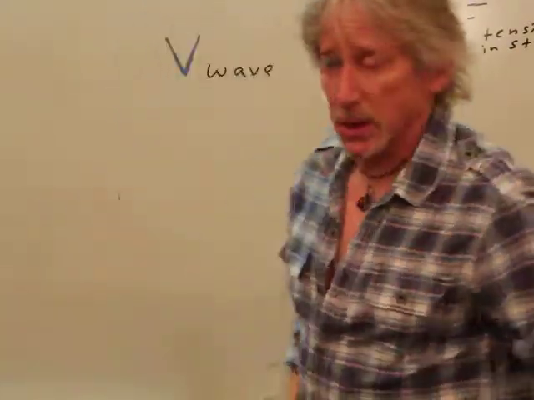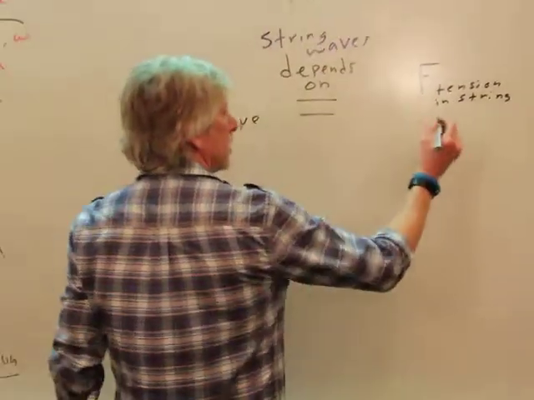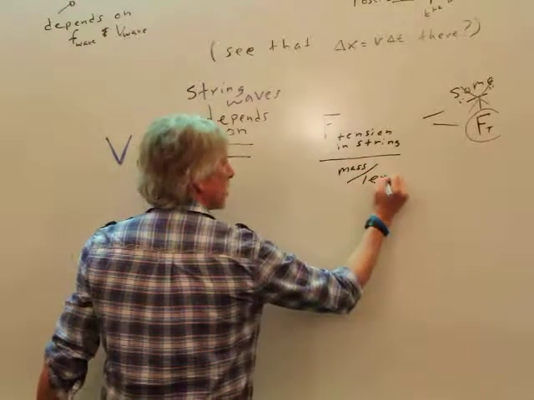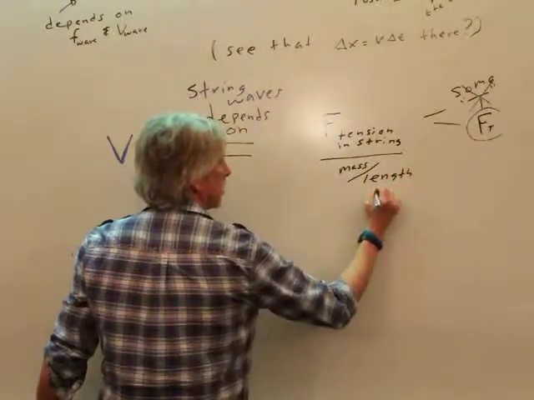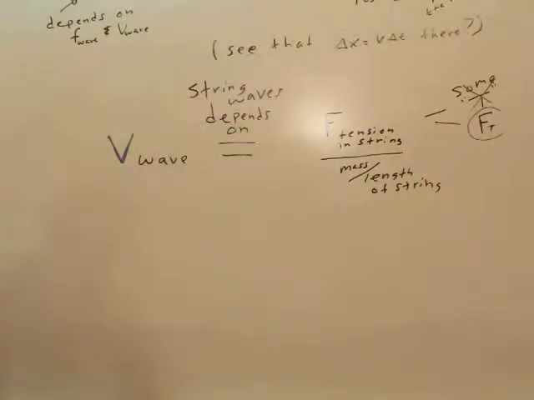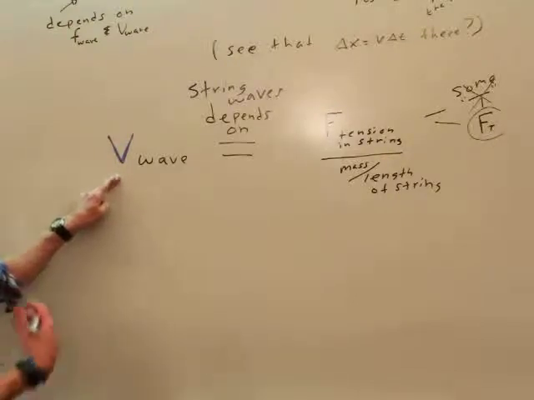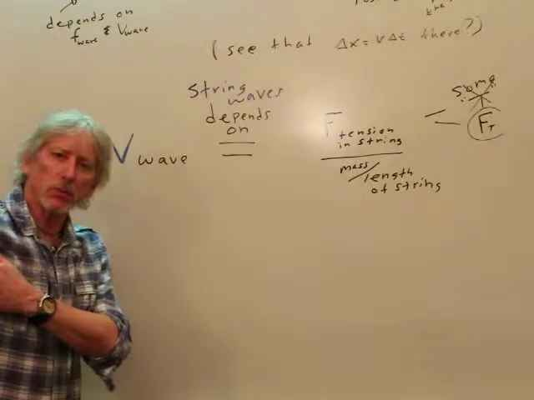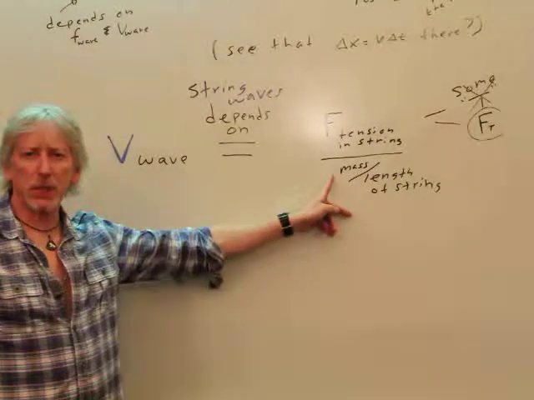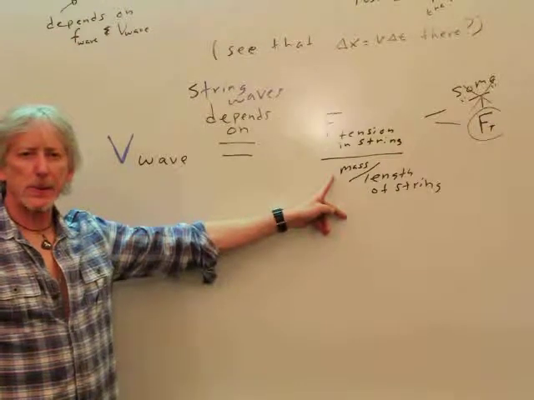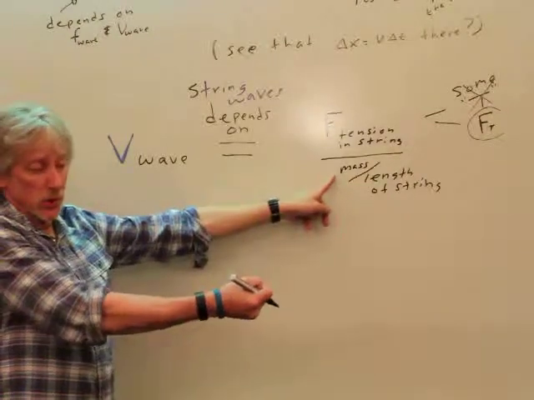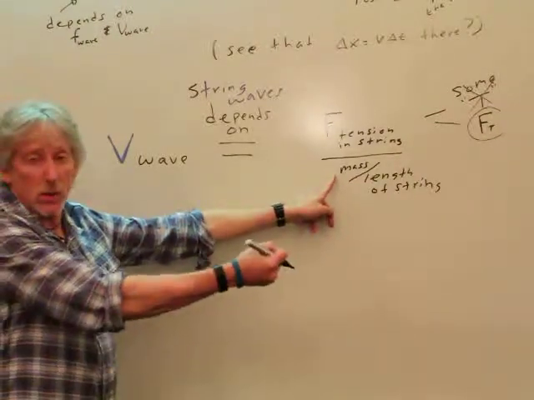And so it should make some sense, without doing that force analysis, that if I have more mass per length of string, then it should be a slower wave, more inertia. Well, that's kind of like the pendulum, remember that? Okay, cool. Except the pendulum, the mass didn't matter, did it? Why not? Because gravity, in that case, is the only player. So gravity increases with mass, and inertia increases with mass.